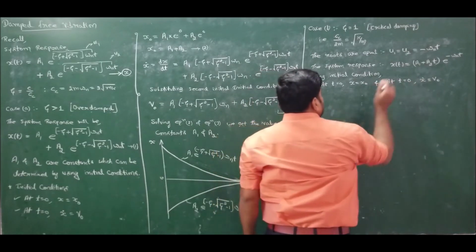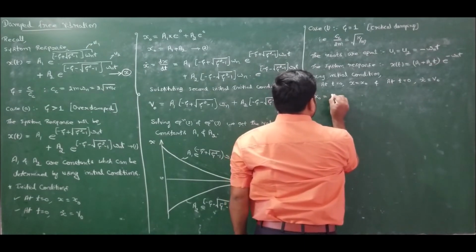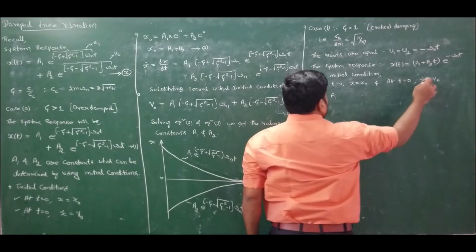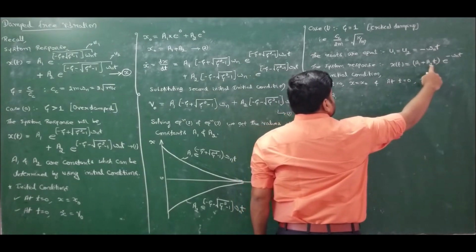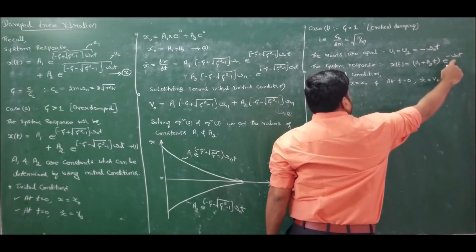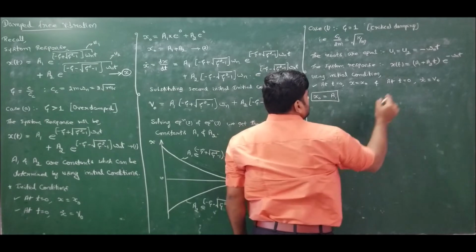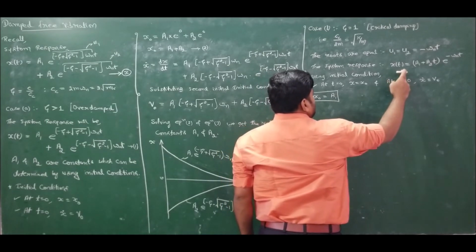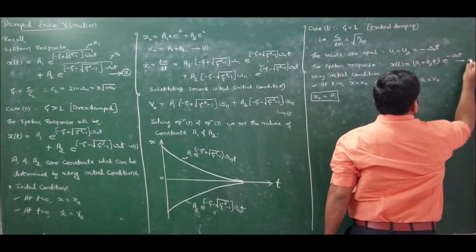Now using the first condition, x naught will be equal to a1 plus, substitute t equal to 0, t is 0 and anything times 0 will become 0. Here also if I substitute 0, e to the power of 0 is 1. Therefore x naught is equal to a1 is what I will get. Now to get x dot, I should differentiate this equation. Let us take this as equation number 4.